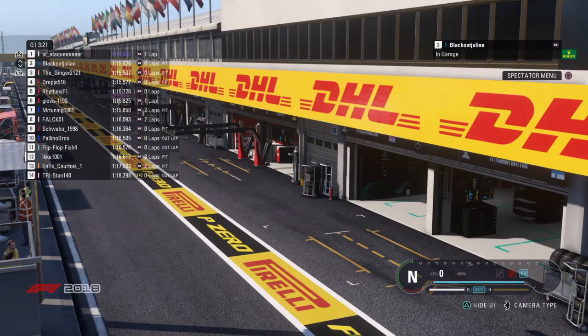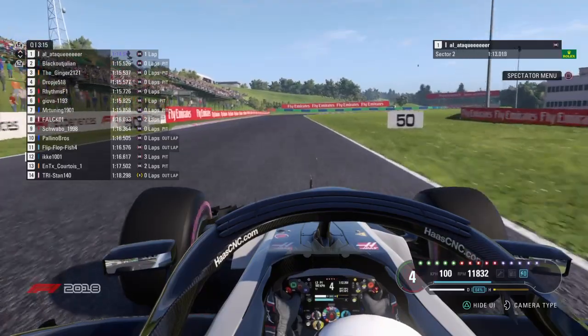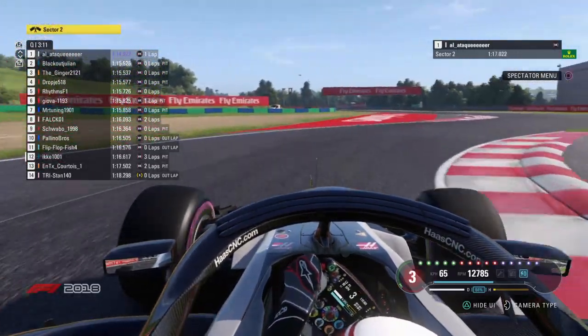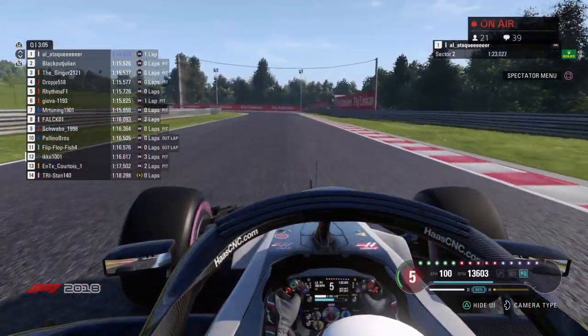I'm very annoyed with the RPM bug. It is hurting my ears, most certainly. Al-Attica going quite slow through the chicane. I'm wondering what's going on over here, but